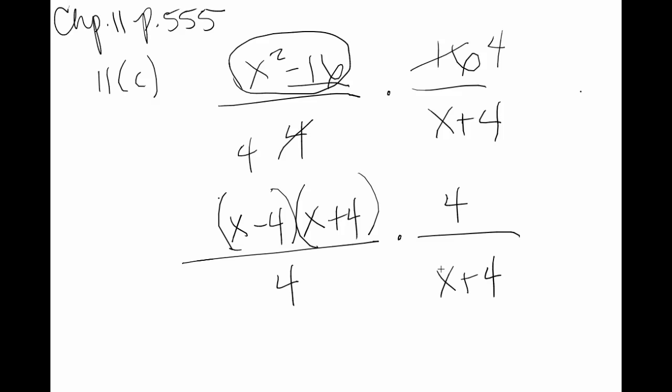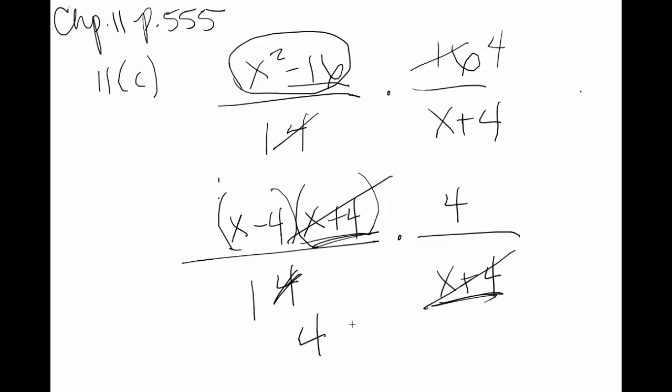At this point we see, I have an x plus 4 up here, and I have an x plus 4 down there. Well, that cancels. So that leaves us with, oh, and I'm sorry, this is 1, not 4. I was looking at that thinking that doesn't look correct. See, even teachers make mistakes. So when we are factoring and canceling this, that 4 goes into itself once and goes into 16 4 times. So anyway, back down here at the bottom, your answer then becomes 4 times x minus